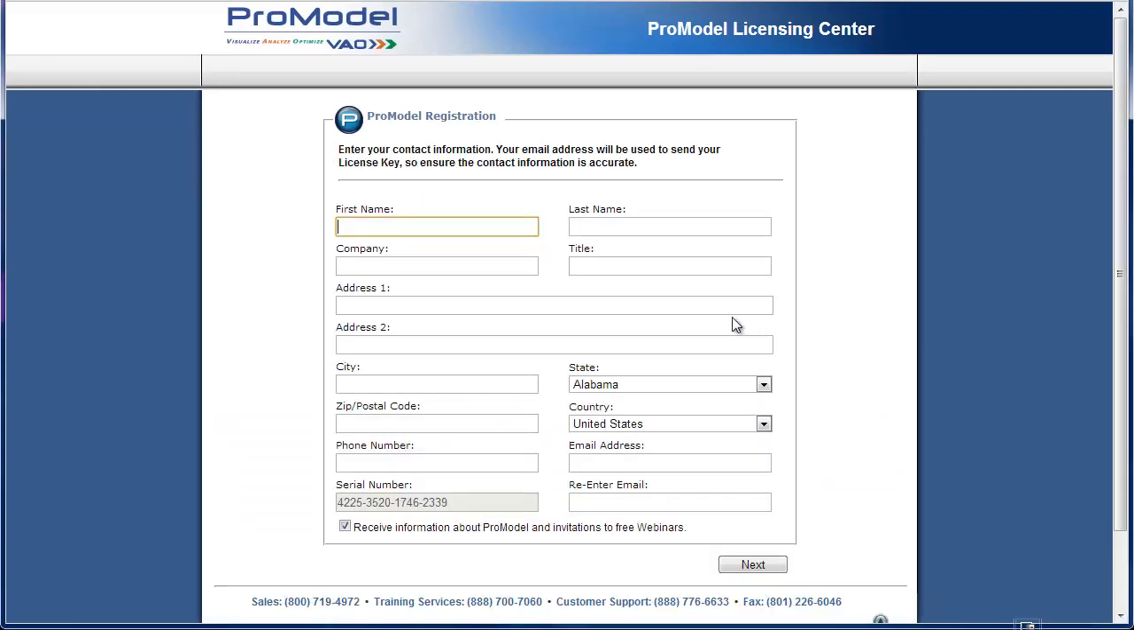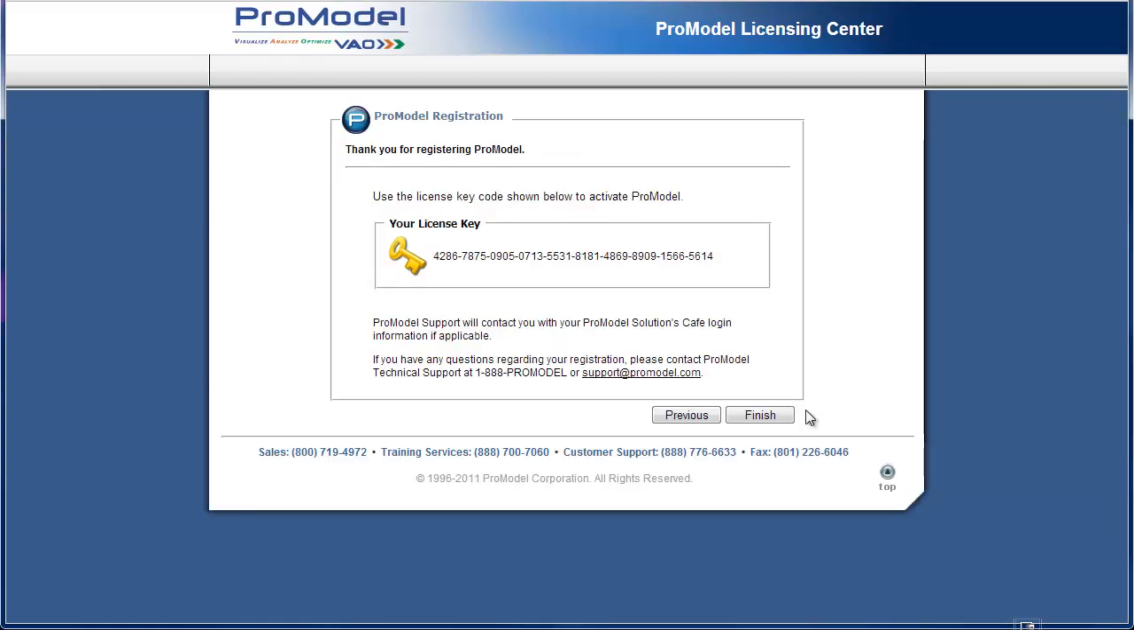Then it asks you for all your information. Here's where you type your information. So you put in your first name, your last name, company address, so enter all that information and hit Next. Now, when you hit Next, it gives you your license key. Simply copy and paste this number,